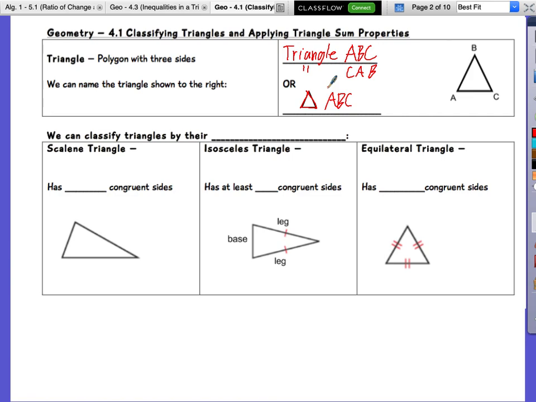So just like with a line or a ray, we had many versions of that shape. You guys remember that? Okay, we had many versions of that shape. Max, keep it away. Thank you. Okay, we're doing the same thing with a triangle. You have a mini triangle and say triangle ABC.